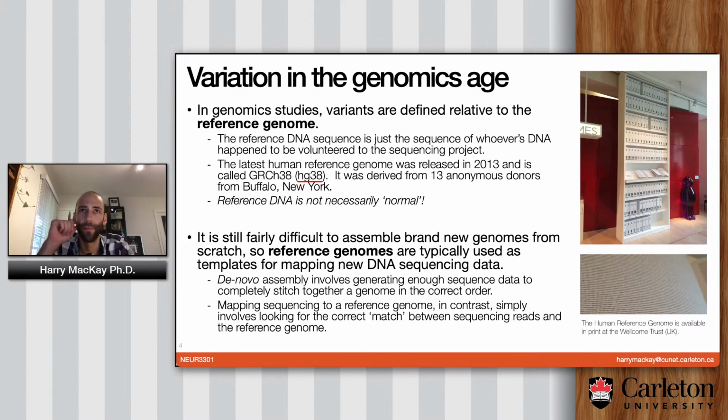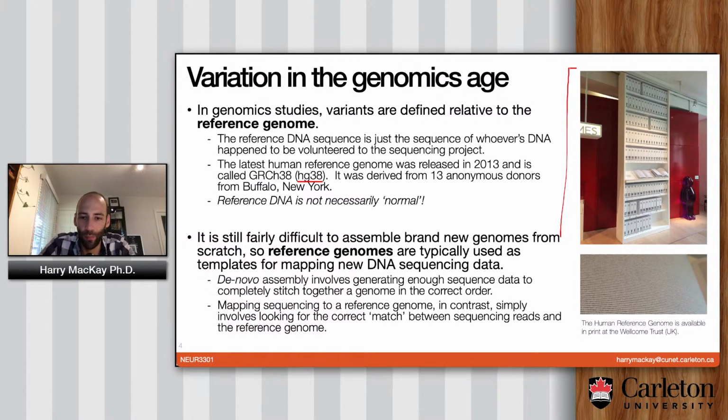Now, the upcoming versions of the human genome assemblies are being made in such a way as to have more different types of reference. It's kind of questionable how meaningful it is to look at DNA, say from people in Nigeria, and compare it to some 13 guys from Buffalo. All it'll tell you is that people in Africa are genetically rather different from people in Buffalo, New York, but that's kind of trivial. What you really want to know is how people with the disease differ from control people in their own population. But anyway, it's not normal, but it exists, and this is sort of what we have to use.